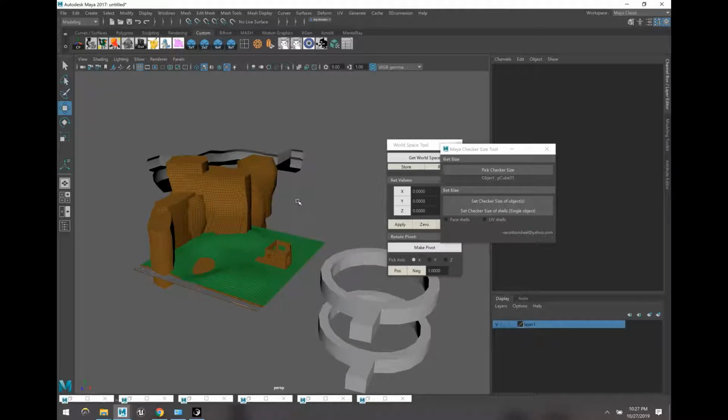So yeah, Maya is just super powerful, much stronger than Unreal because you're just dealing with actual 3D geometry. And you can split edge ring, you can edit the verts. You have this great Worldspace tool, and then we can run the UVs on them. So yeah, if you have any questions about anything, or you're going through Maya,